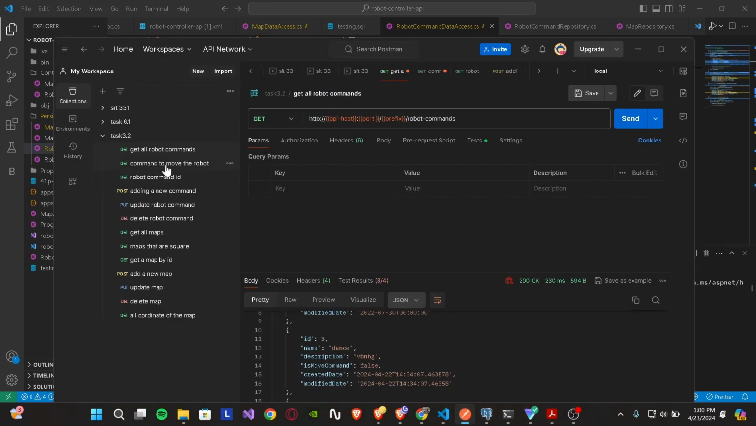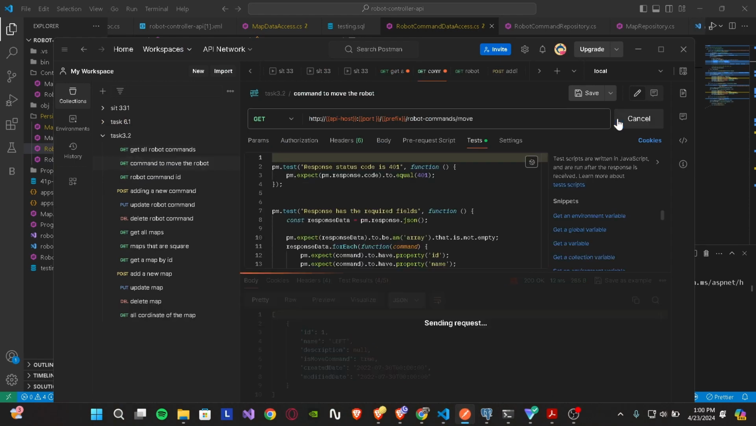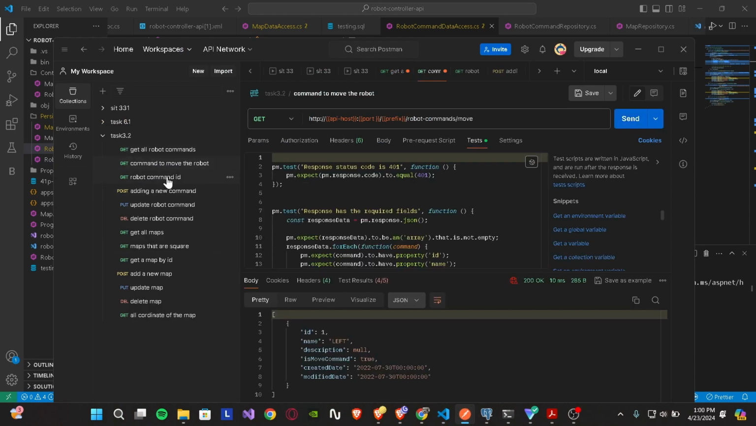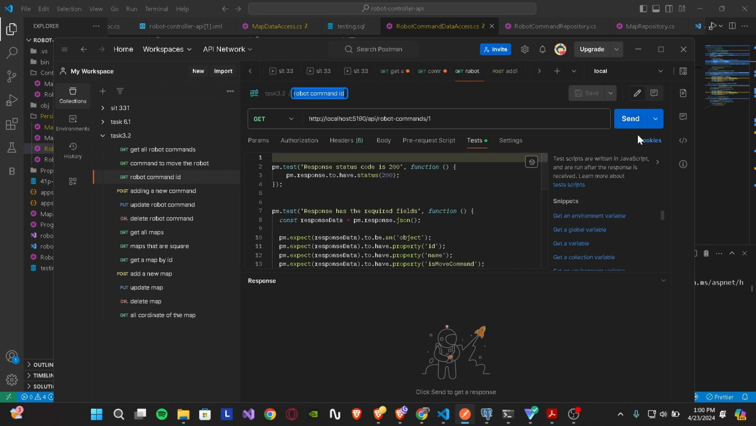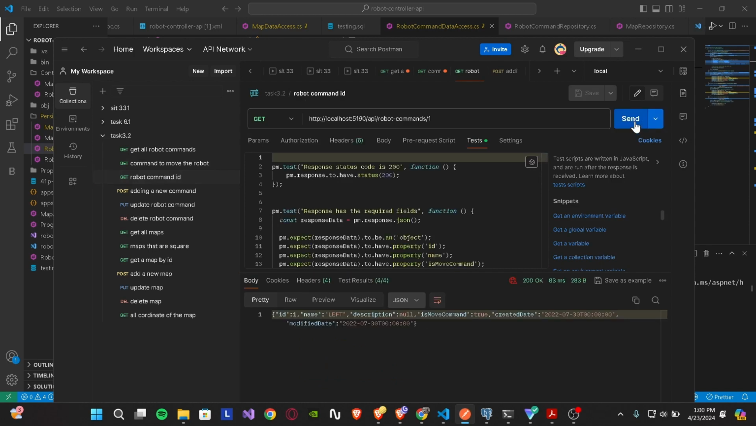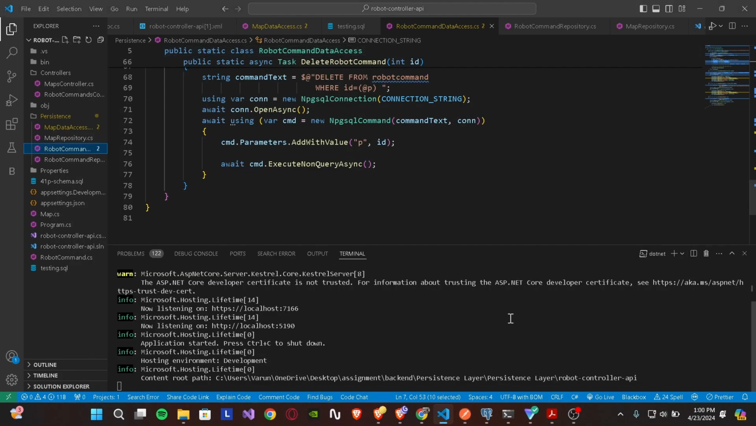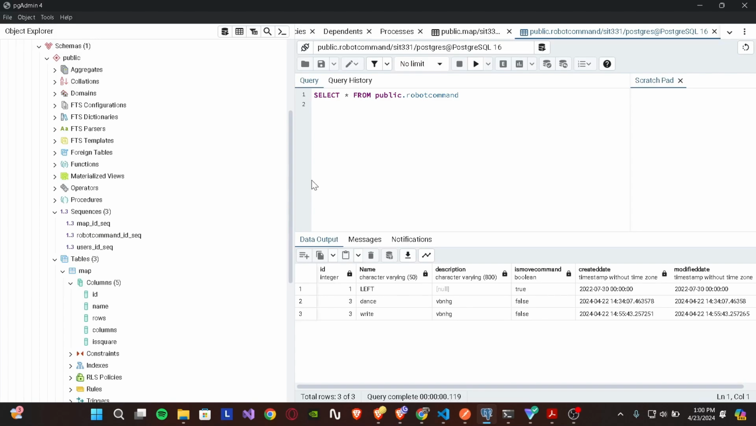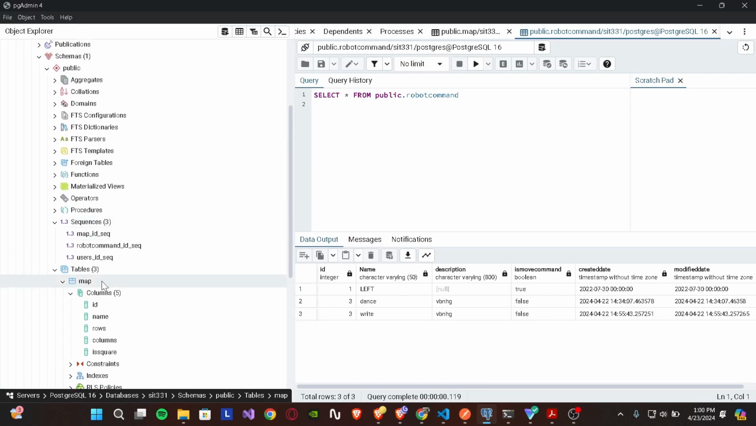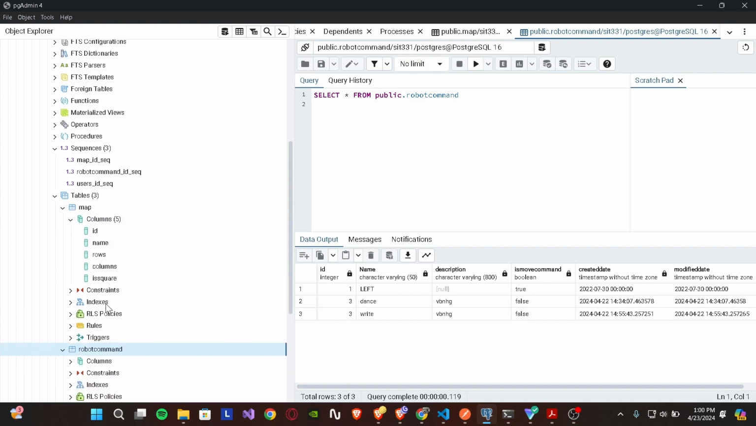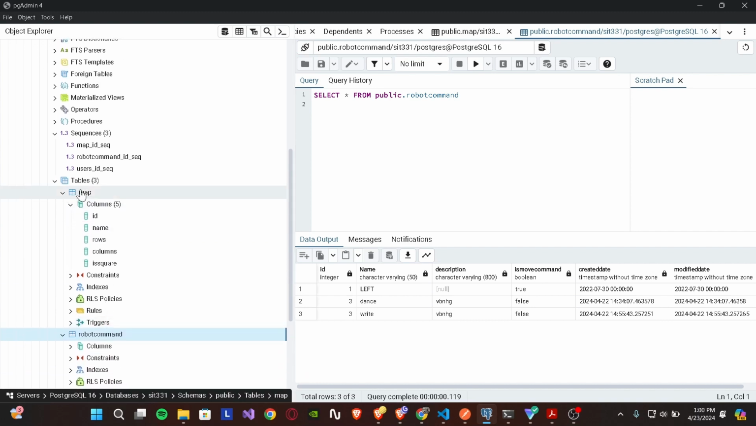Now if we go to the robot command and send again, the data is coming, robot command id. Again I have sent it, and the data will come. All this I have shown you. Now how this data is coming: it is connected to our Postgres SQL database. Now this is my Postgres database. There are two tables I have created, which are map and robot command. If I go to the map,